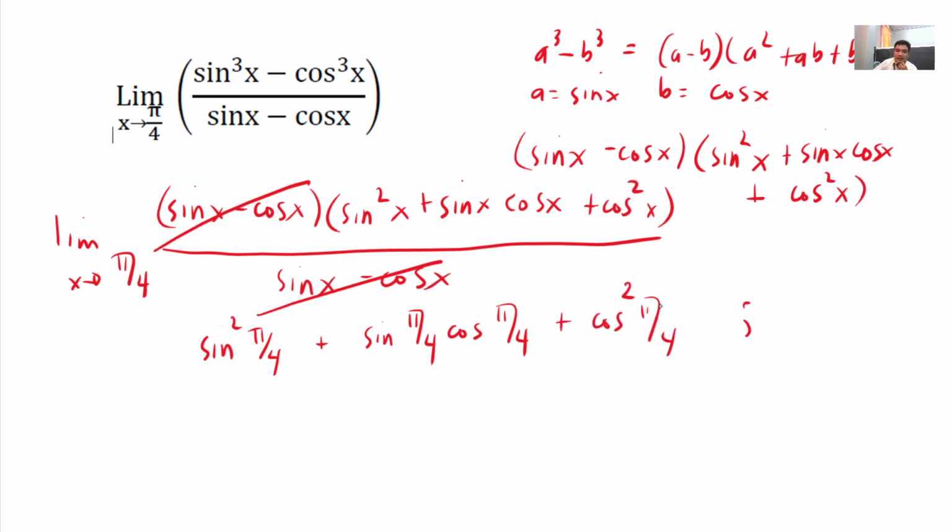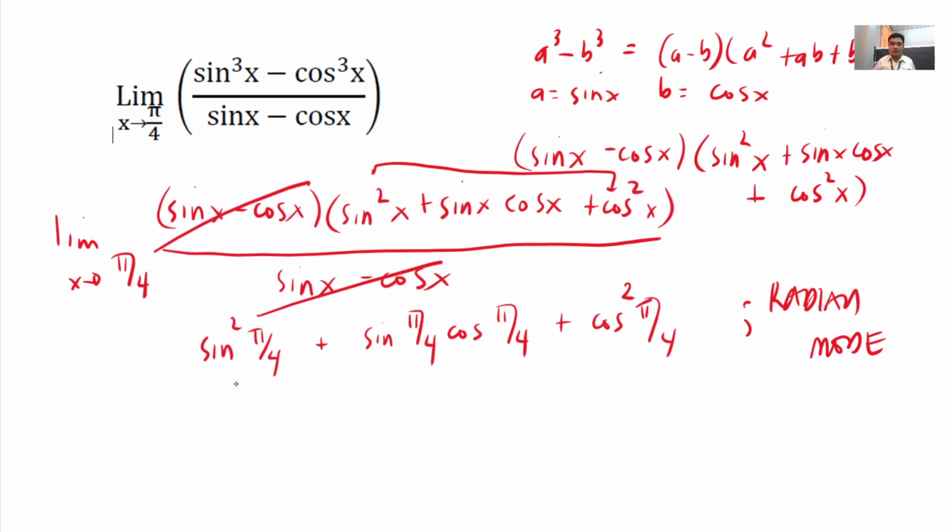So, class, tignan nyo, naka-pi siya yung angle. Dapat yung calculator nyo naka-radian mode. Okay? So, this will give us, or pwede nyo na rin i-cancel out pala to class, kasi itong sine squared x plus cosine squared x is equal to 1. Okay? So, ibig sabihin nito, or kung gusto nyo substitute na lahat, okay lang din naman. Okay? So, that will give us